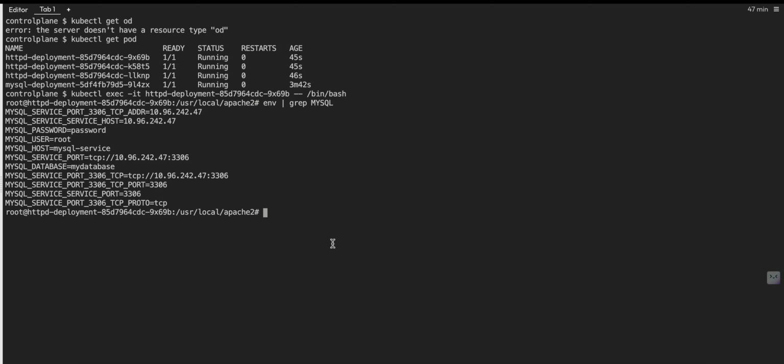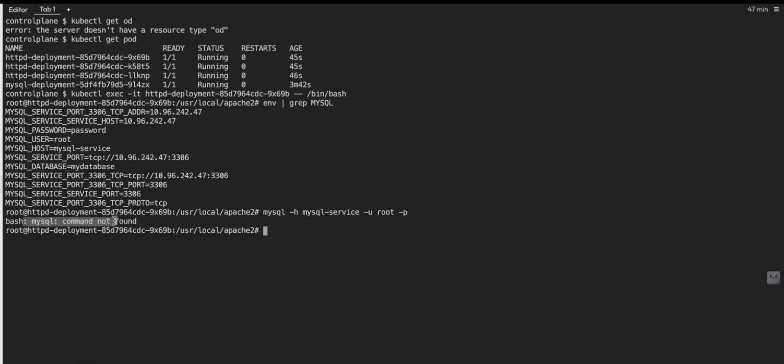Now, let's try to connect. So the command is mysql -h. h means the host name, and this is the host name. Then we need to give the username, that is -u, and the username for me is root. -p is for the password. Let me hit enter. Oh, now we are getting mysql command not found. Okay, so MySQL is not installed. So first we need to install